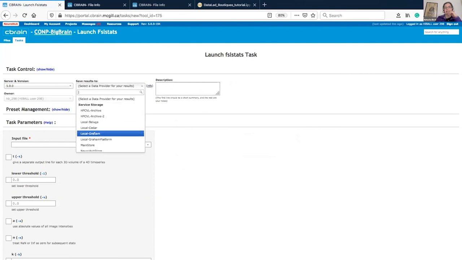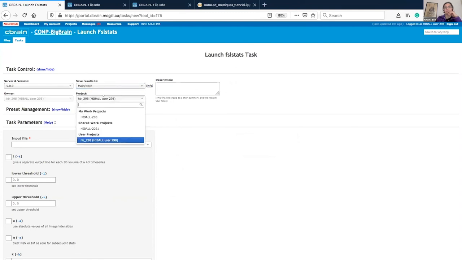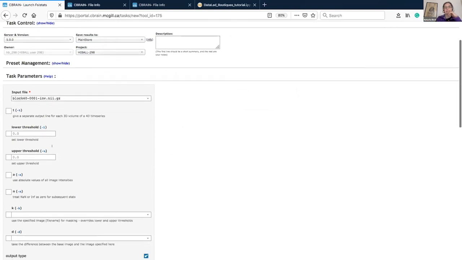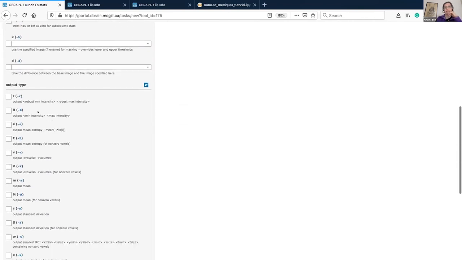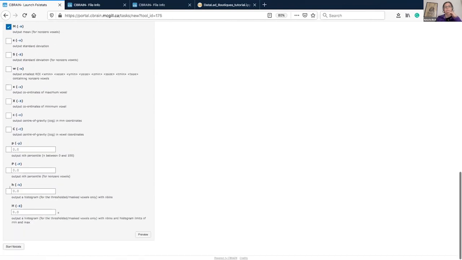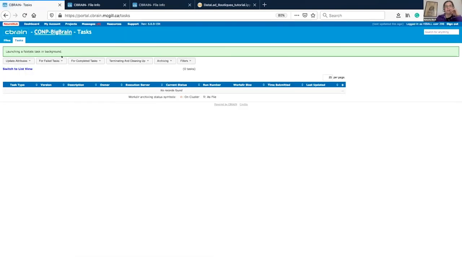After that, select the data provider where the result will be stored, the project, so the one you just created before, or you can use this one if you want. It's your personal space, in fact. After that, select the input files, select the option you want. It's basic options that are provided by FSL stat. For example, this 3.1. And just click launch at the bottom.